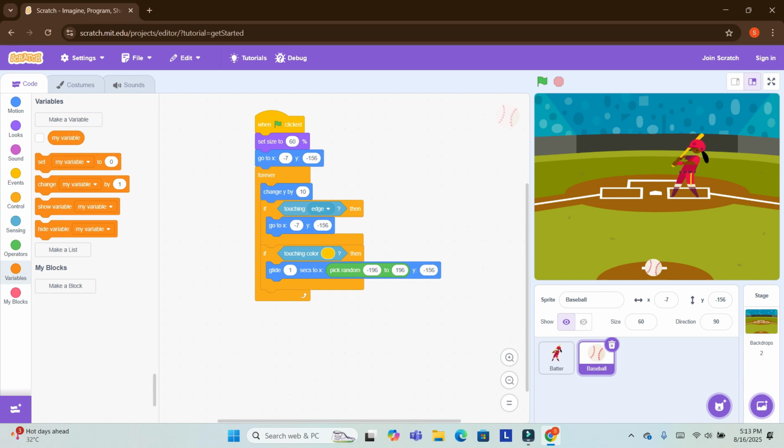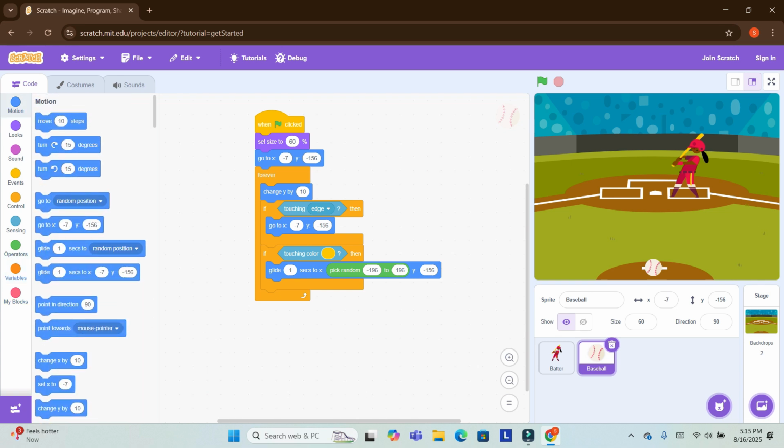And then I have put there if touching color yellow, which means if it touches the batsman's bat, it will glide 1 sec to x pick random -196 to 196, y 156, which is its position. Pick random -196 to 196 means if the batsman hits the ball on the left side, the ball will go in the direction of -196 x. If the batsman hits on the right side, the x will be 196.